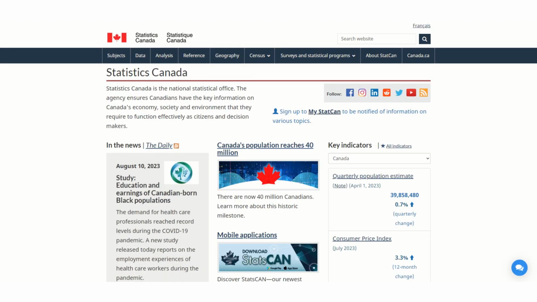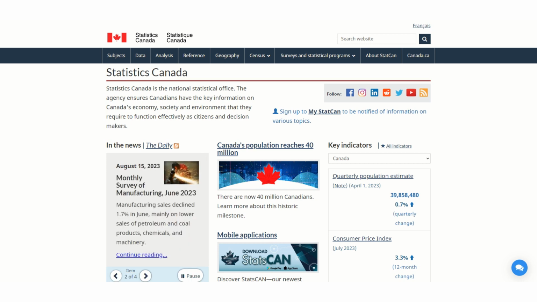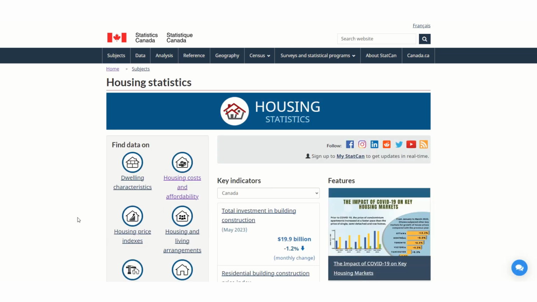Statistics Canada publishes microdata, aggregated datasets, infographics, visualizations, and more. You can access the Statistics Canada Housing Portal directly through the Housing Topic page in our research guide, or you can also access it through the Statistics Canada website. At the top of the page, click on Subjects and select Housing. Here, we can find more than 100 related data products from 15 different survey or statistical programs.